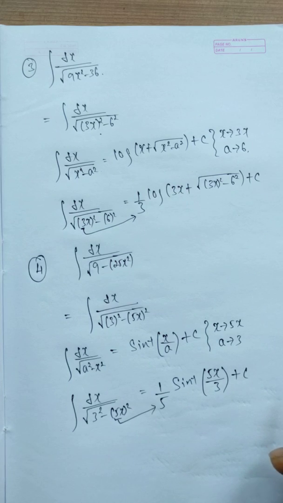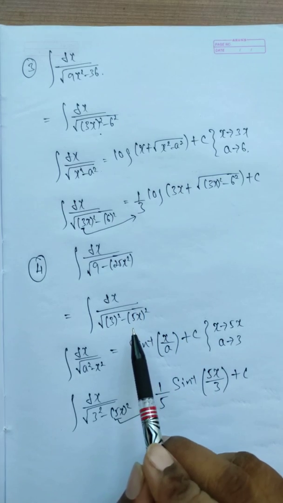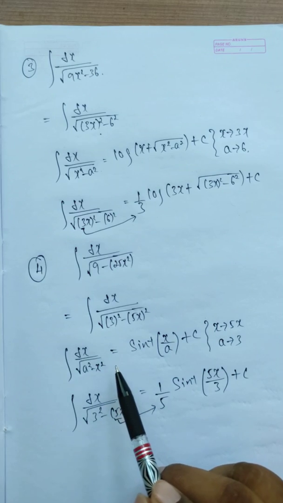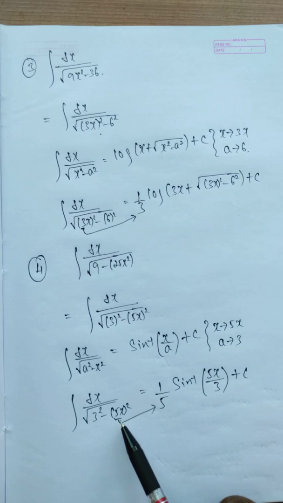Is it clear? So what we are doing in the problems now, we are using only 3 steps. While solving the problem we are using only 3 steps. What are the 3 steps? First we are changing the given question to a perfect square and comparing the given problem with the standard form. After that we are replacing the x and a. On integration we have the x coefficient, we write it in the denominator.